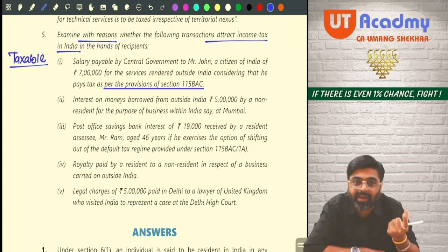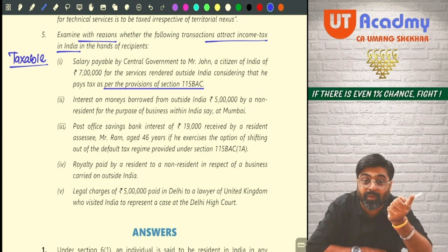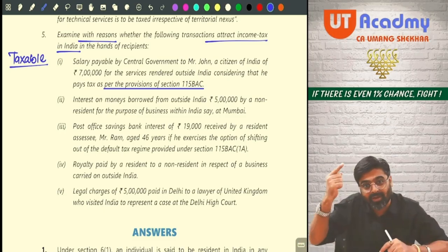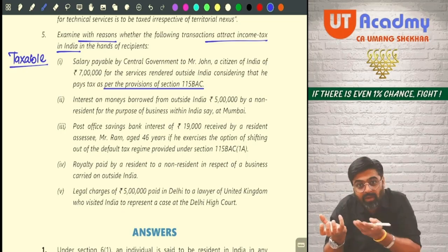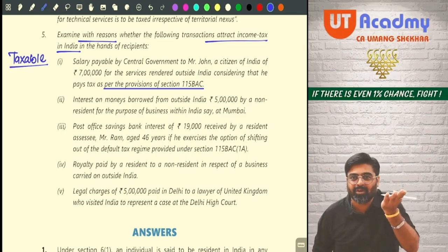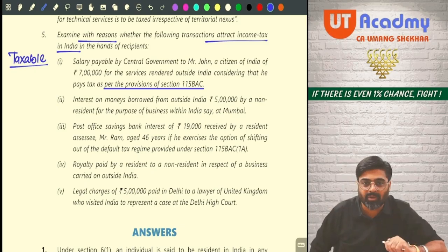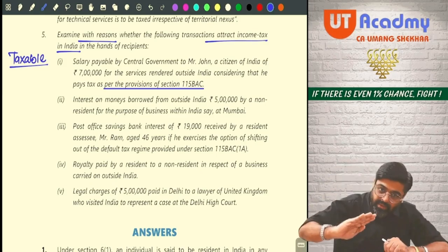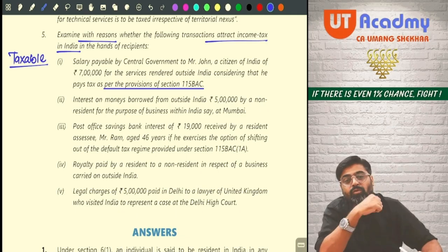To calculate that salary head final income, we are supposed to take the standard deduction out of this salary, because this is not salary computed, this is salary paid. Salary paid will be shown under the salary head. From there you will take the standard deduction, then you will get salary computed. Yes or no? So we are supposed to take the standard deduction out of this. Whatever remains will be treated as our salary computed.